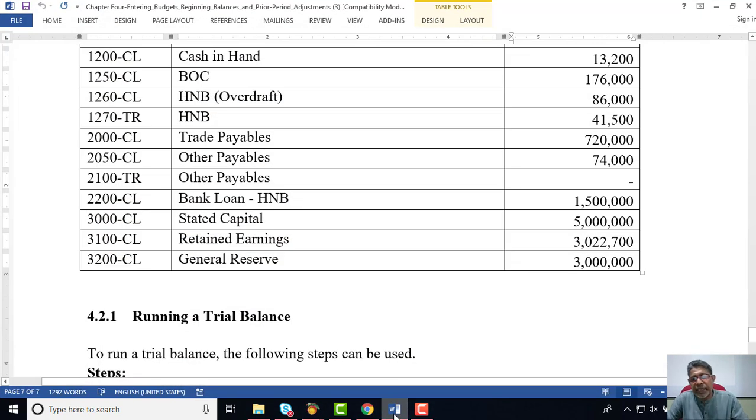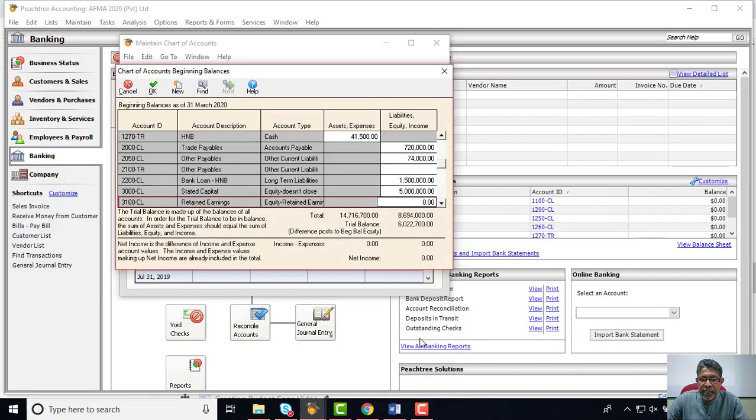We can see our retained earning account currently available 3,22,700. So that is the balance. Now you can see the remaining balance is 3 million. We have to check whether the general reserve is 3 million. So general reserve is exactly 3 million. Once you type that 3 million, your side needs to be balanced, right? So if you have entered everything correctly, you can see the difference is going to get 0.